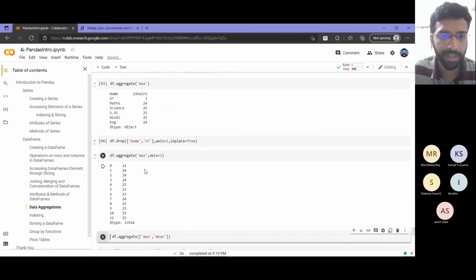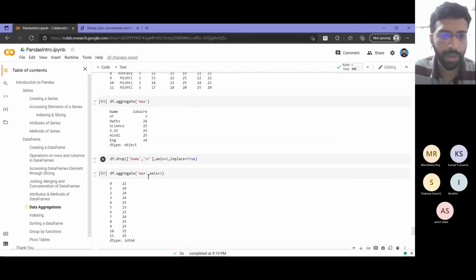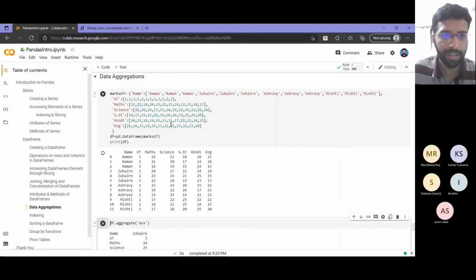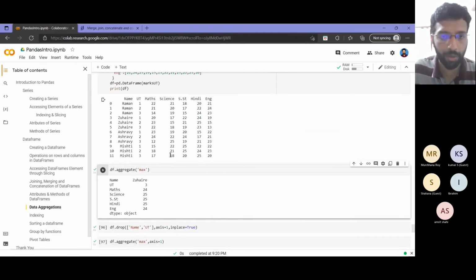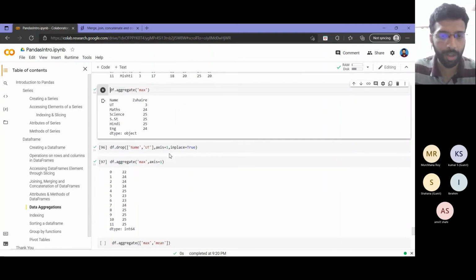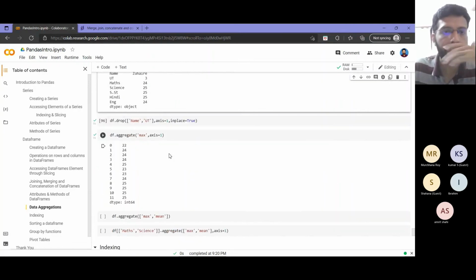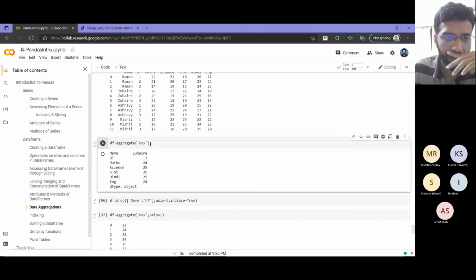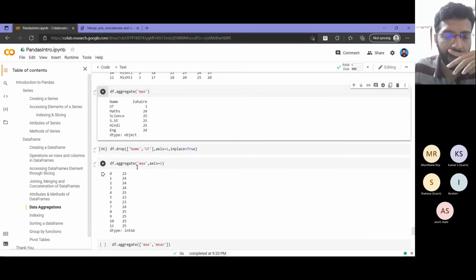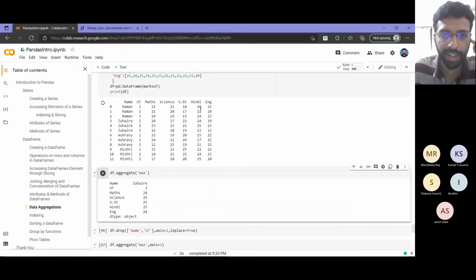Once you get this clear, you can do all the aggregation functions and understand how you get outputs, because this is slightly confusing if you don't understand how you get these rows and columns in the output. When you give axis equal to 0, you are getting results over the columns, and when you pass axis equal to 1, you are getting results over the rows.